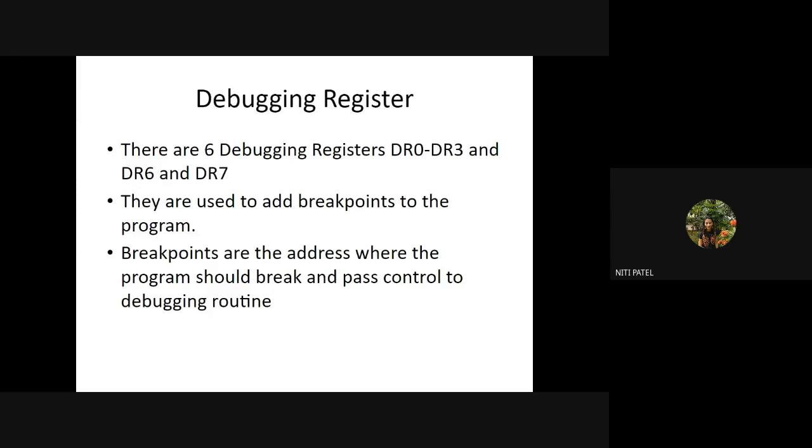Then we had separate debugging registers apart from all these 32 bits. We had a total of 6 debugging registers: D0 to D3, D6 and D7. The function of these registers is to check each and every line of execution of the program and add the breakpoints. What was that breakpoint doing? The next time, after the problem is resolved, the program will not start its execution from the start, but it will start from the breakpoint where it had stopped the execution. So where are the details of all these breakpoints stored? They are stored in your debugging register, either 0, 1, 2, 3, 6 or 7.